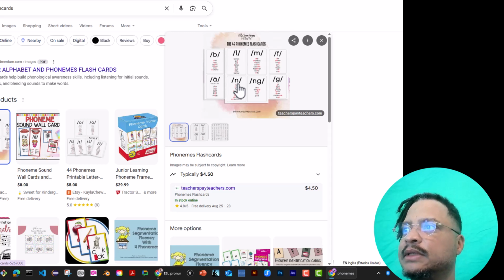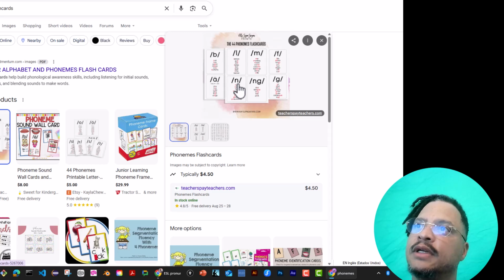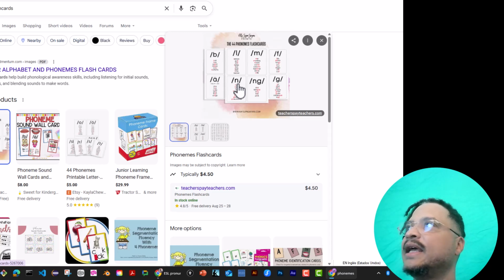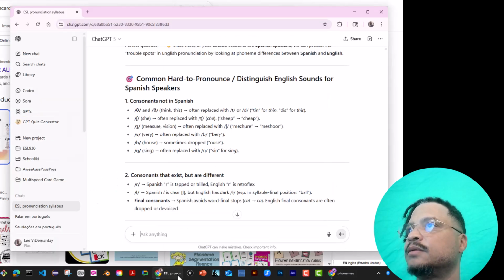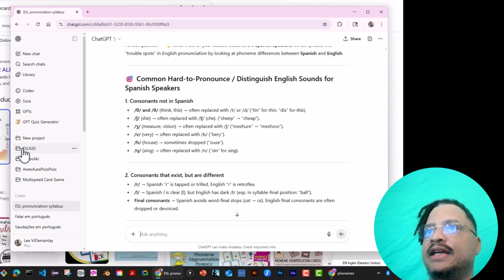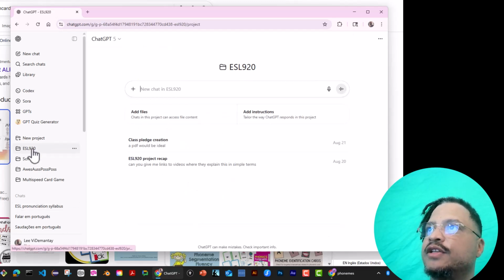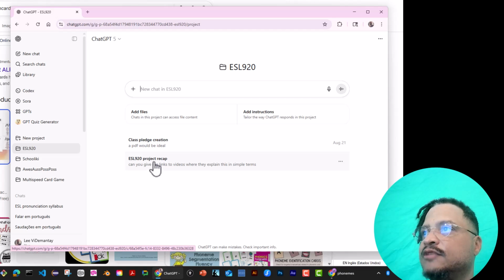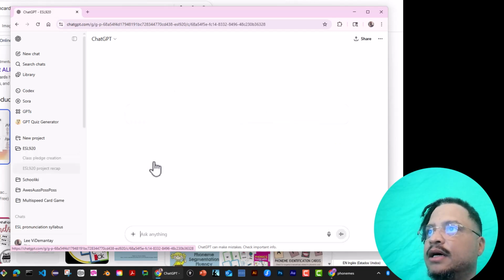I don't know if they necessarily break down the phonemes that small, but I think that would be a fun game. So this is where we want to get into vibe coding, right? So I have my project here. I really like the way ChatGPT now has specific projects you can do. And I have this ESL 920 class kind of helping me to